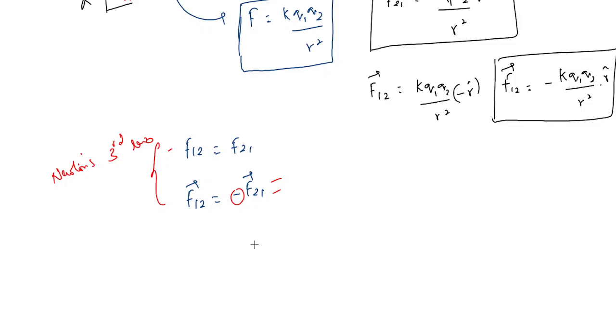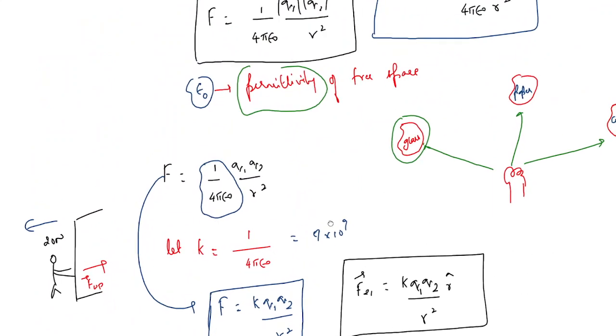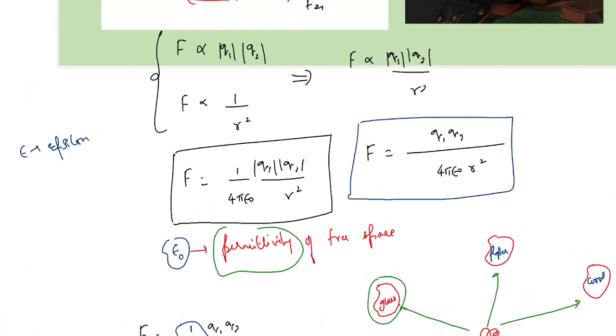So this is the required expression for force. Now, as I told you earlier, the force goes as 1 by r square. Hence it is called the inverse square law. Inverse square law means the force goes as 1 over distance square. One example of an inverse square law is the force between two masses, where the force between two point masses is given as G m1 m2 by r square. Even that is called an inverse square law.